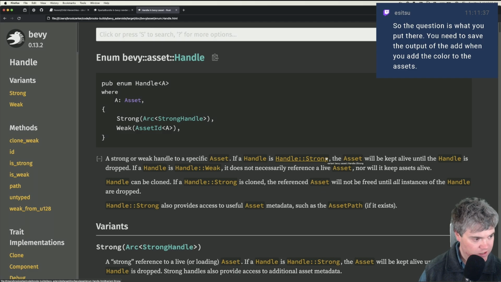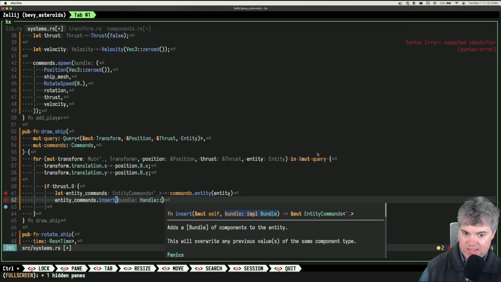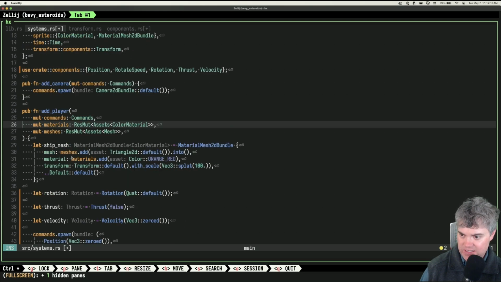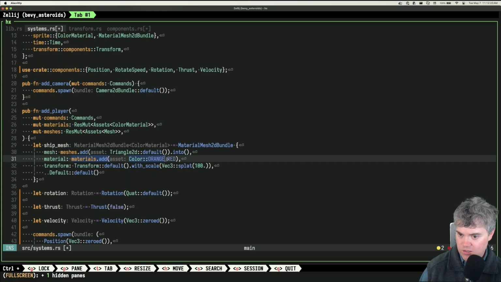So the question is what you put there. You need to save the output of the add when you add the color to the assets. I don't have an output to the add when I add the color to the assets, because that's in here, right? Or do I need to do this in a separate line? Maybe that's what I need to do.